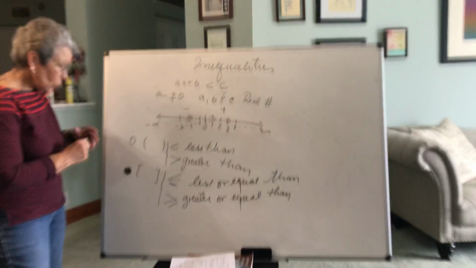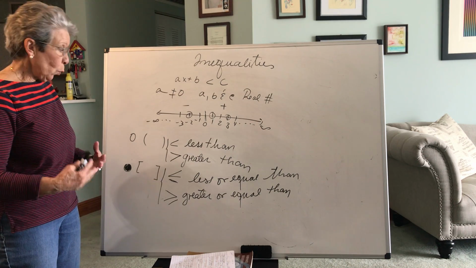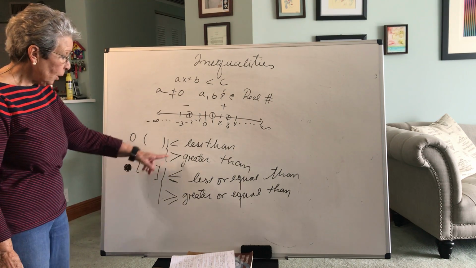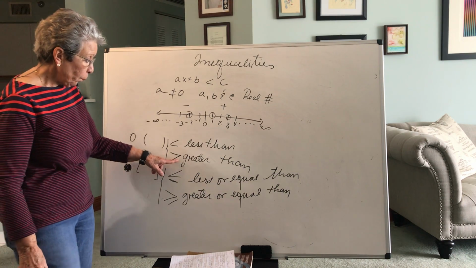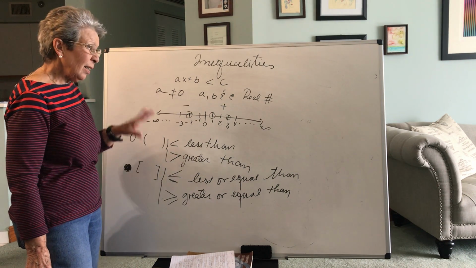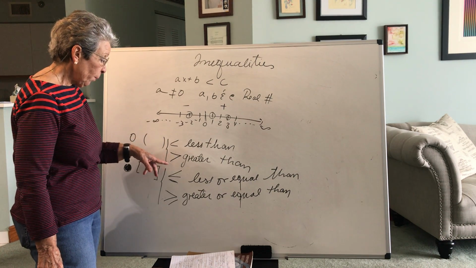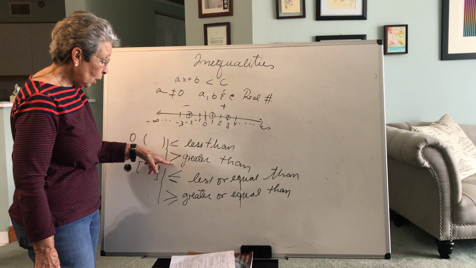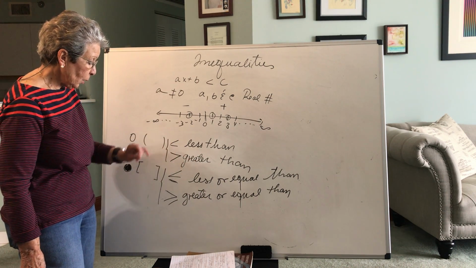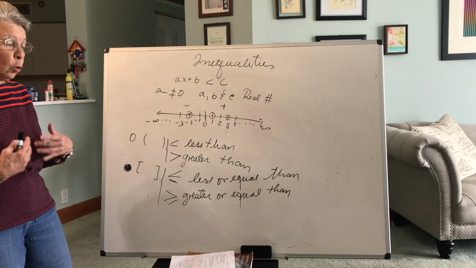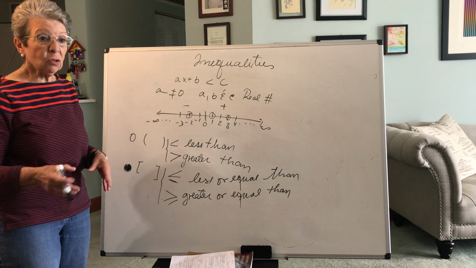We are going to use some symbols to work with inequality. This symbol means less than. This one, if you look at it as an arrow pointing to the right, means greater than. Less than, greater than. When you are talking about all the numbers greater than 3, it means that 3 is not